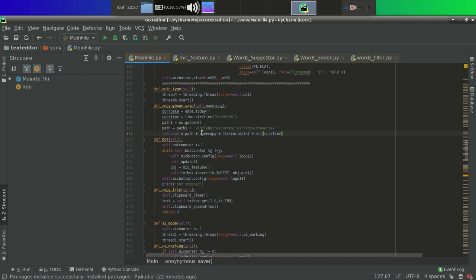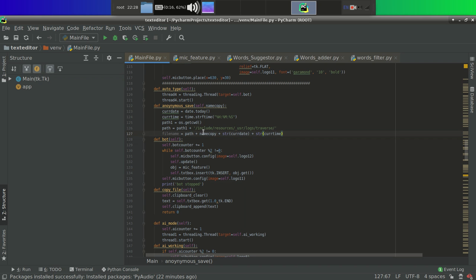And I told you that name copy will hold the name of the file. Suppose that I am saving a file with my desktop.txt. Then this name copy will hold the name my desktop.txt. So this name copy will hold the name of the file if it is pre-written.